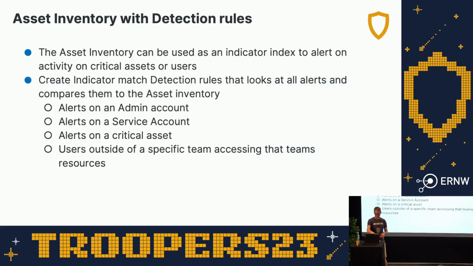Oh yeah, that last one, outside of specific teams, we actually caught the red team with that. Fun story, I was just testing this out. I said, okay, if anybody who's not on my team starts cloning my repo, send me an alert. And then a few days later when we were doing a red team event, I caught them. I was like, hey, there we go, that worked. And so there's all sorts of really cool things you can do. And if we didn't have the asset inventory, we couldn't have done that.